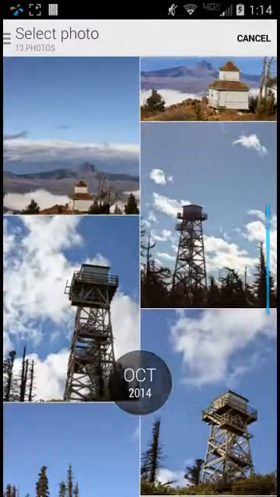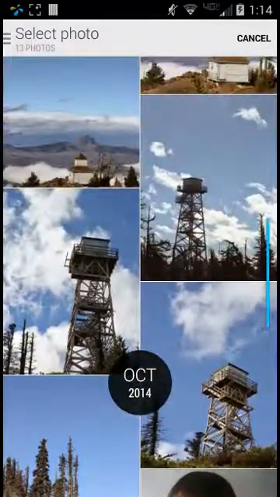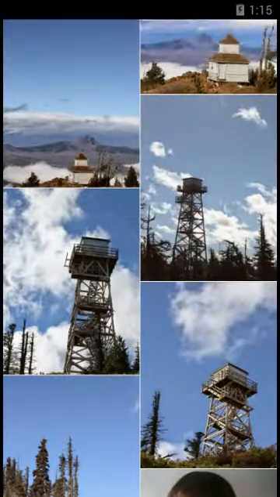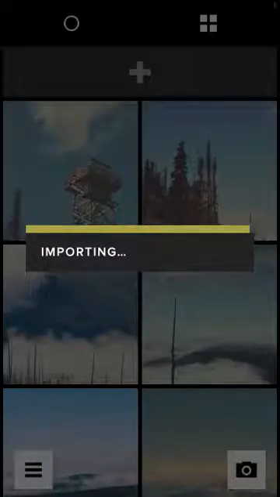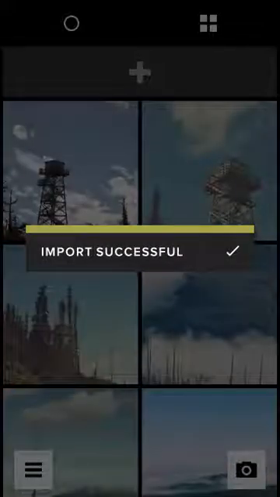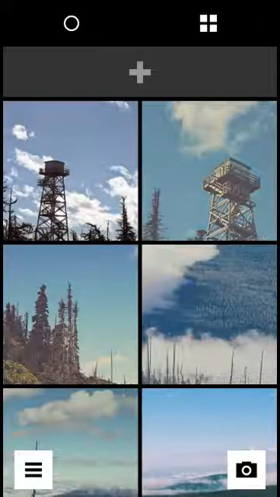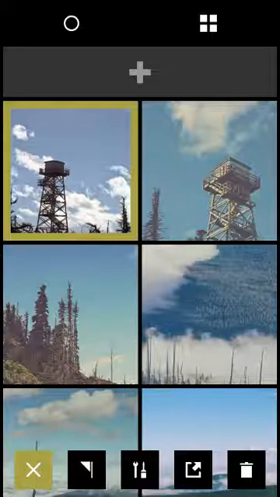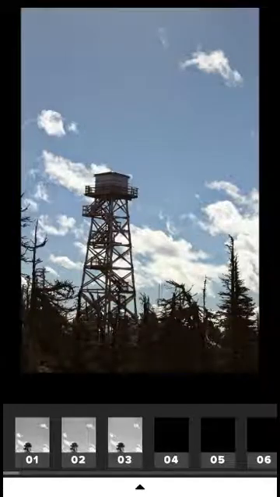I was up at Black Butte just last weekend, and I think that we're going to take a distant perspective of the Firewatch Tower, bring that over to VSCO. It's a 2-mile hike up to Black Butte Lookout from the trailhead, just north of Black Butte Ranch, just west of Sisters. Put up the filters,